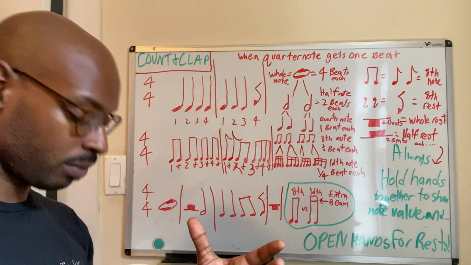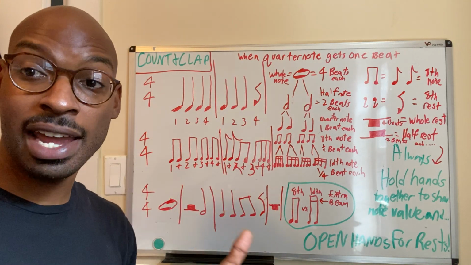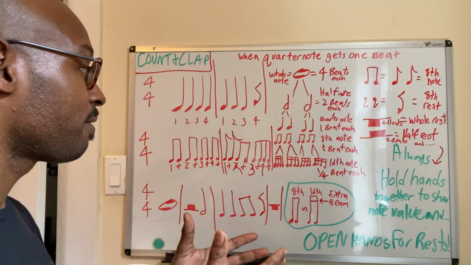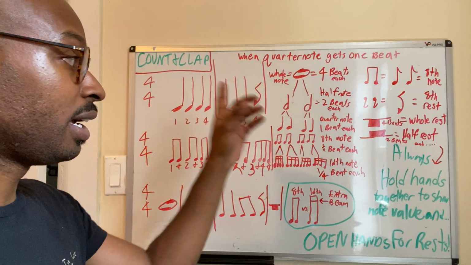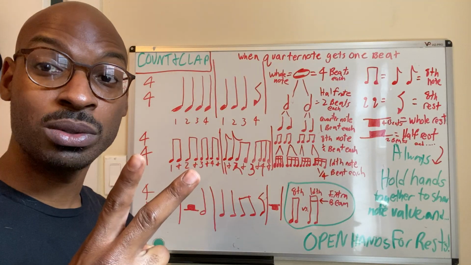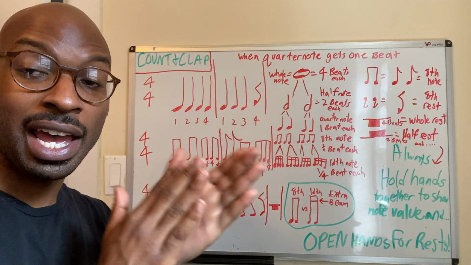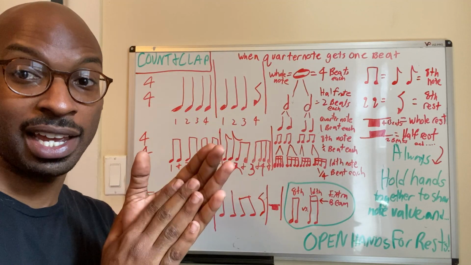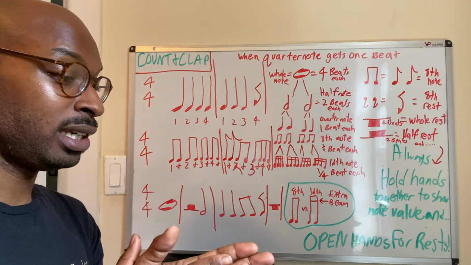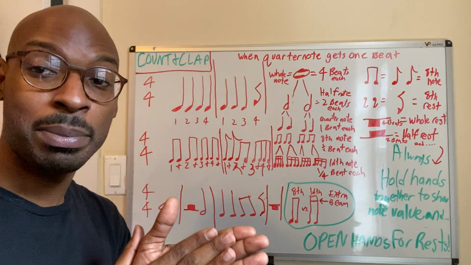Underneath, smaller than the quarter note, is an eighth note. An eighth note gets half of the time that a quarter note gets. So 2 eighth notes equal 1 quarter note. 1 and 2 and 3 and 4 and. Notice on the 1, 2, 3, 4, I'm clapping a little bit